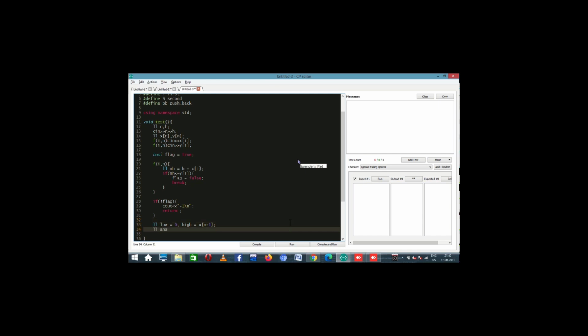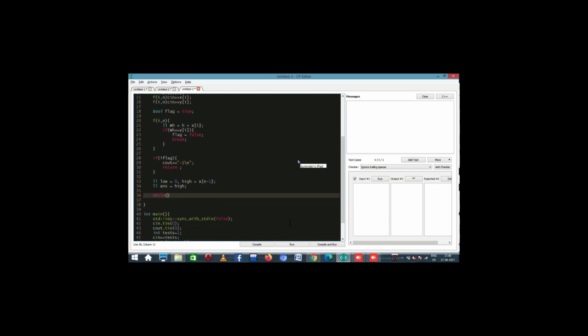And now we can see, we can initialize our answer at high initially, because that is always valid. And now we will check for each mid. Right, okay, this should be mid.